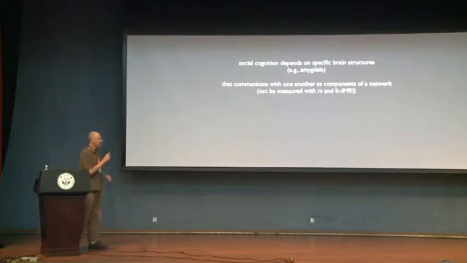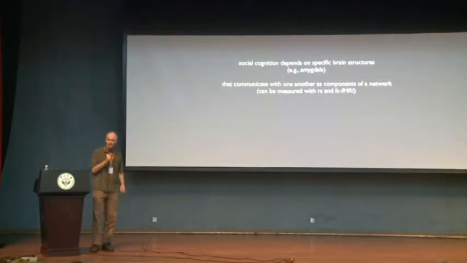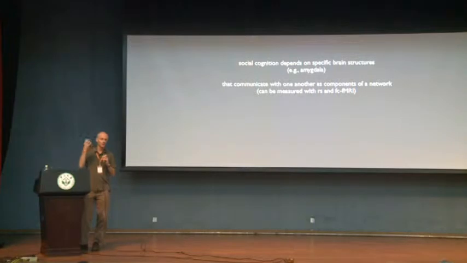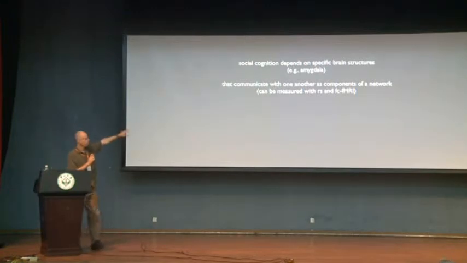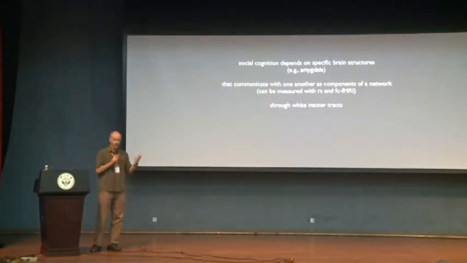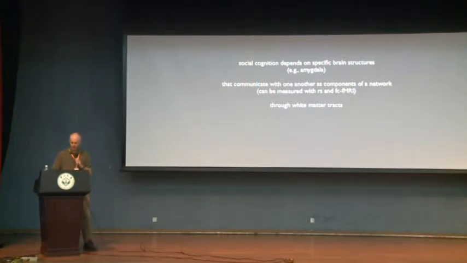And so to investigate these, there are a lot of techniques available. In humans, they're fairly indirect and depend on MRI techniques. So resting state and functional connectivity MRI techniques, which is what those words up there mean, are often used to look at the strength of interaction, the connectivity between these brain structures. So we have a set of brain structures, we have tools available for looking at their interaction, and of course they interact in part because they're actually connected to one another with white matter tracts, with axons. That's much harder to look at in the human brain, although there are techniques for it.